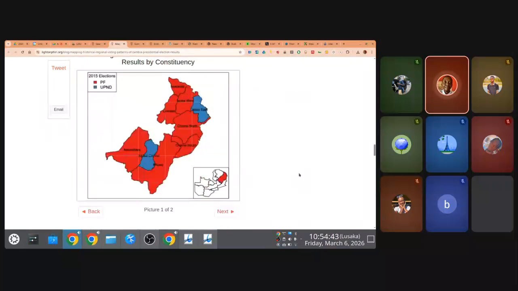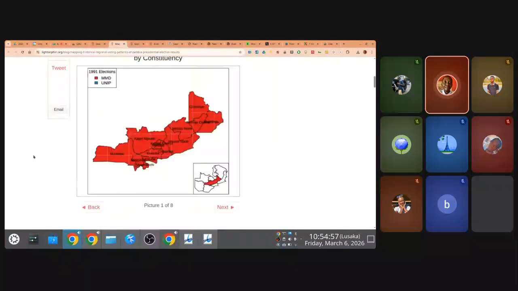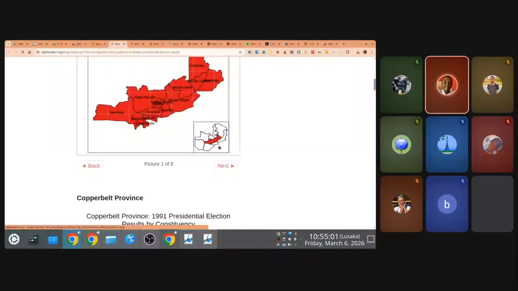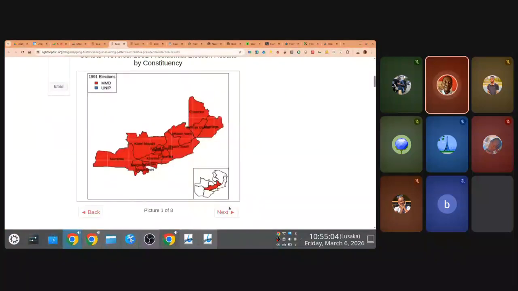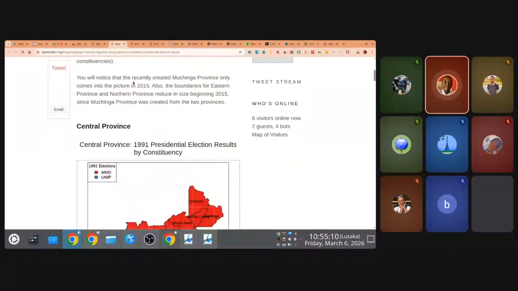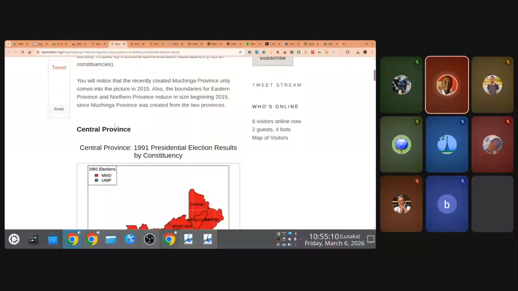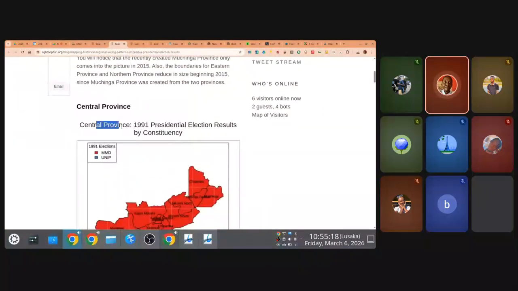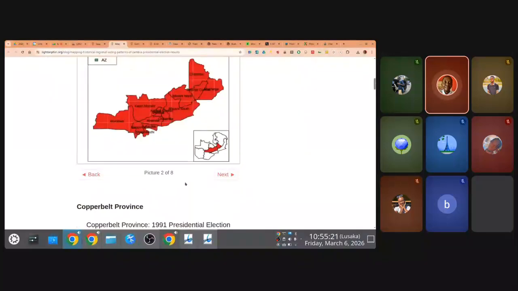If you notice here, the Central Province, and then there's Copperbelt Province, Eastern Province, right? But also for each province, I have maps. I can scan through these different voting patterns for this particular province, and I think it's by year or something like that, because this is 1991. So you notice there's a feature, and as I'm scanning through the different images,